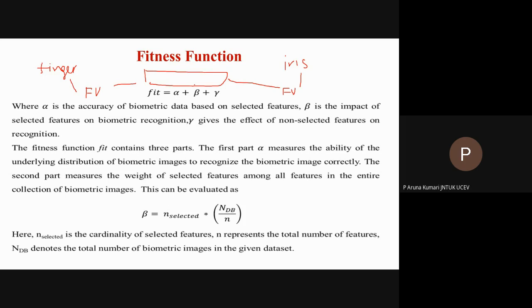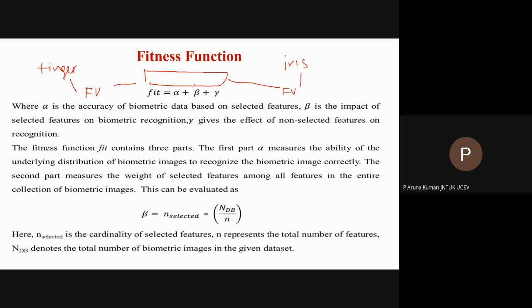That means we have some features which have more discriminative power in fingerprint, and there may be some features which have more discriminative power in iris also. When you have collected the features from your fingerprint, there may be some features which may match with some other person's features. But there are some feature points which are unique to this person when compared to all other persons. Those are called